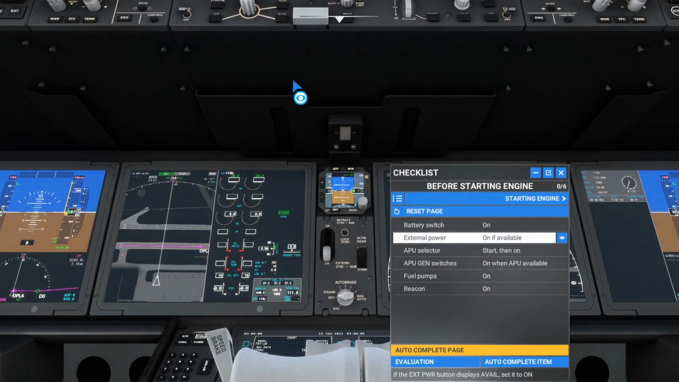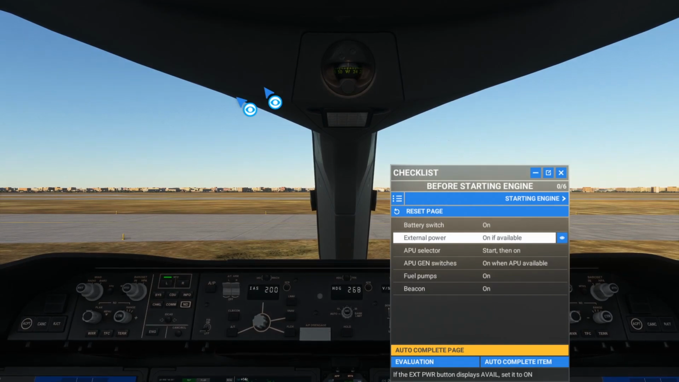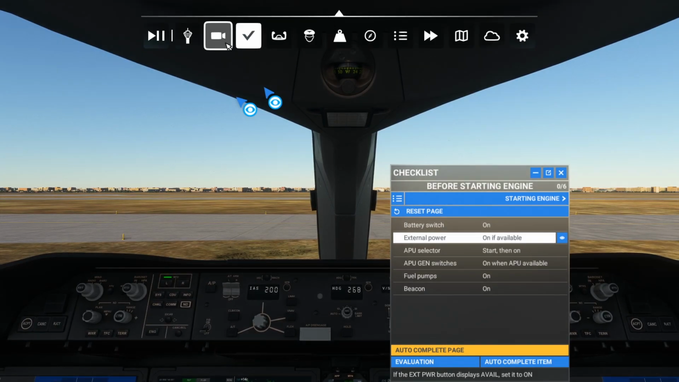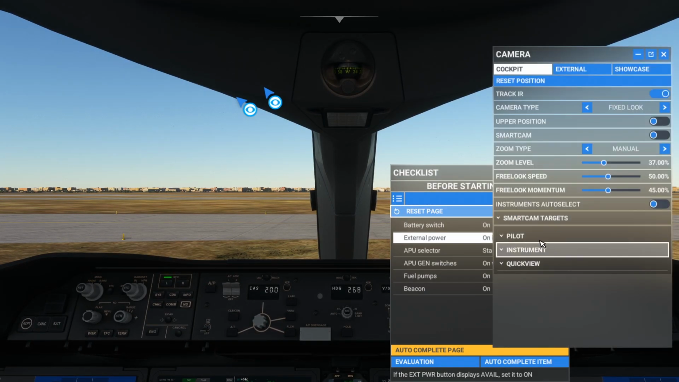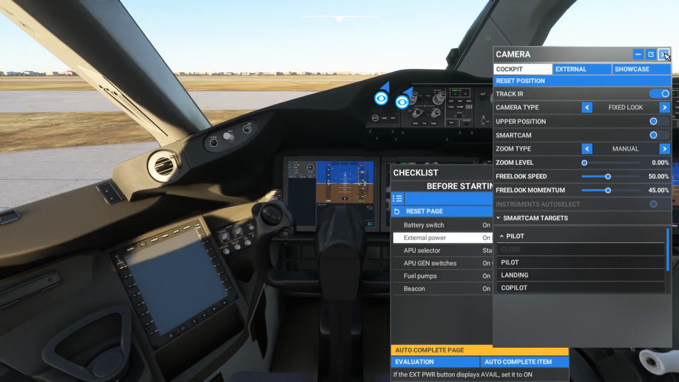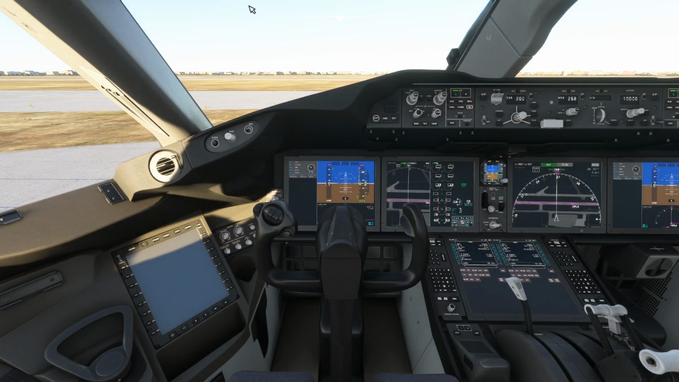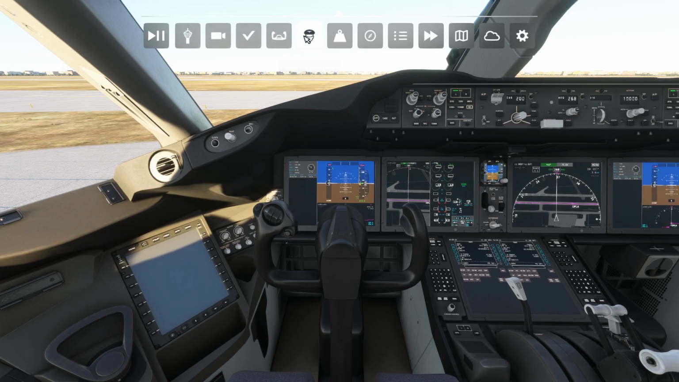Okay, now I will not start the APU. And first of all, let's make some necessary adjustments before the flight. Okay, so let's close this, and if I turn it on,